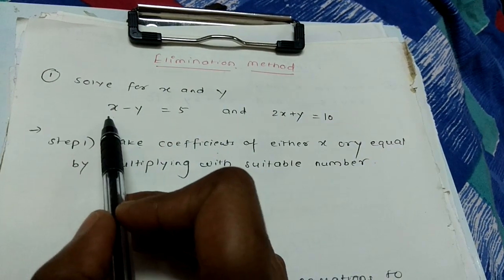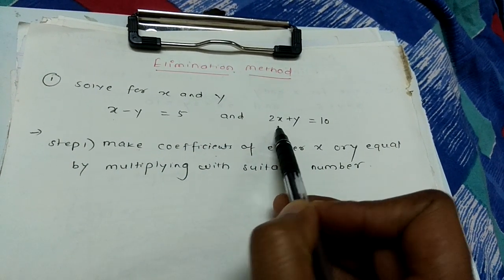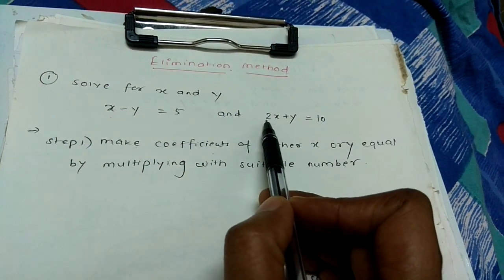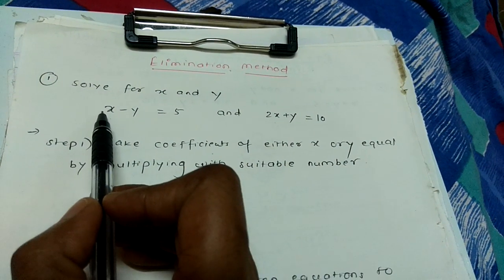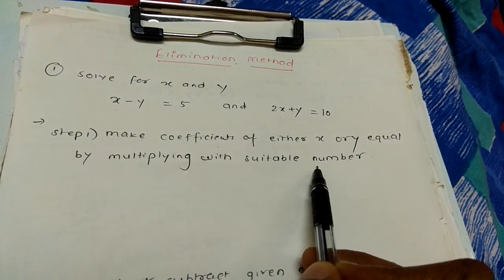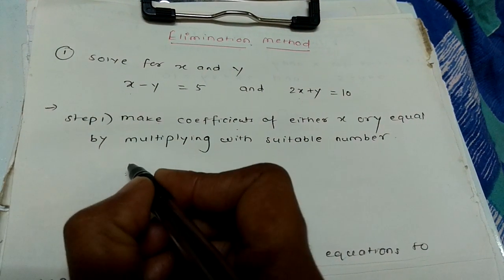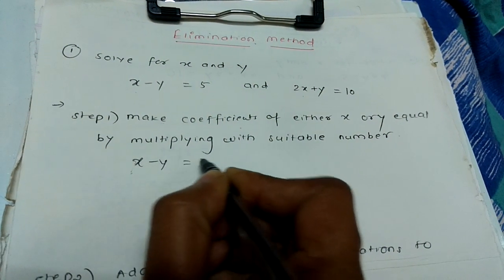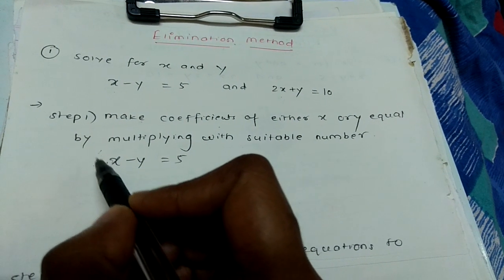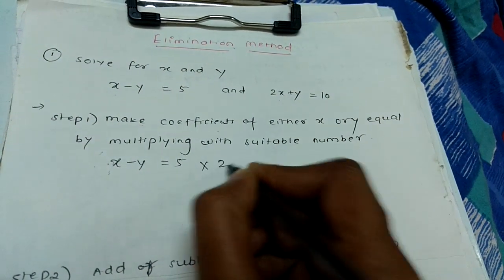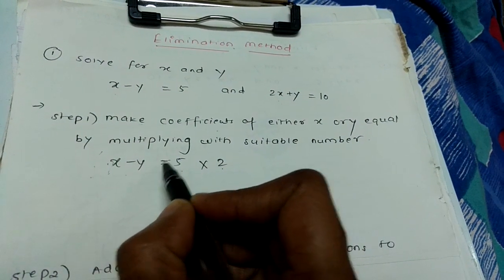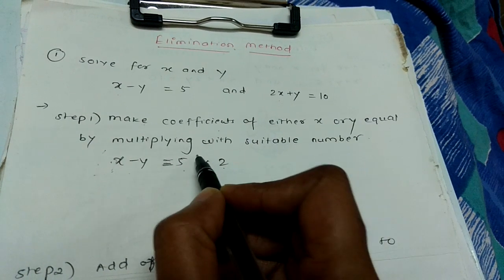I am going to make the coefficients of x the same. This x and this x should be the same. Here we can see there is 2, you can't change this. Here is 1. And how are you going to make them the same? By multiplying with a suitable number. So I am going to write this equation 1. I would like to bring here 2. So how to bring 2? Just multiply this by 2, because we know that if we multiply by 2 on either side, it holds equality. So I'll multiply this by 2.